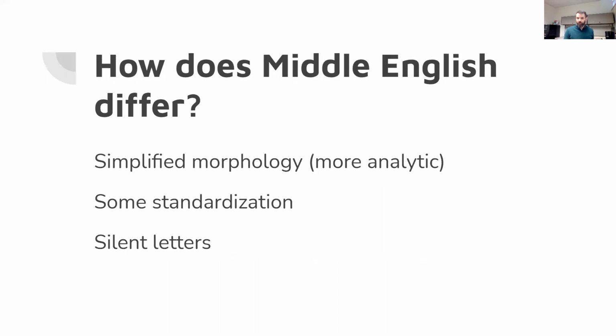So how does Middle English differ from what we had before with Old English? One is it's becoming more simplified in terms of its morphology. So the language is more analytic. We're seeing fewer inflections in words, and word order, therefore, is becoming more important and more strict, with less flexibility in moving words around. We start seeing a little bit more standardization. What we think of as Old English is really just a collection of lots of different languages or dialects of this Old English. And although there are certainly many dialects of Middle English, we're starting to see a little more standardization